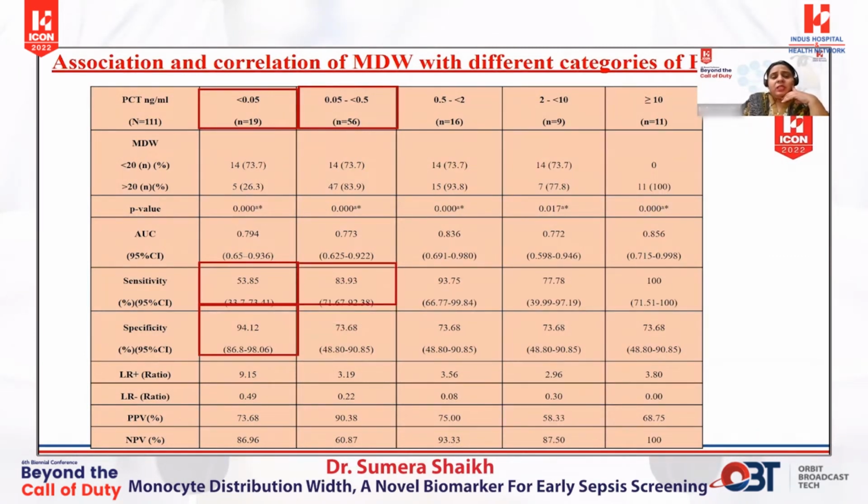So in this category, PCT with MDW, they show 83.9 percent sensitivity. It's good sensitivity. The correlation is there and the sensitivity is a match, but the specificity is 73. And the second group is considered the low category of sepsis,